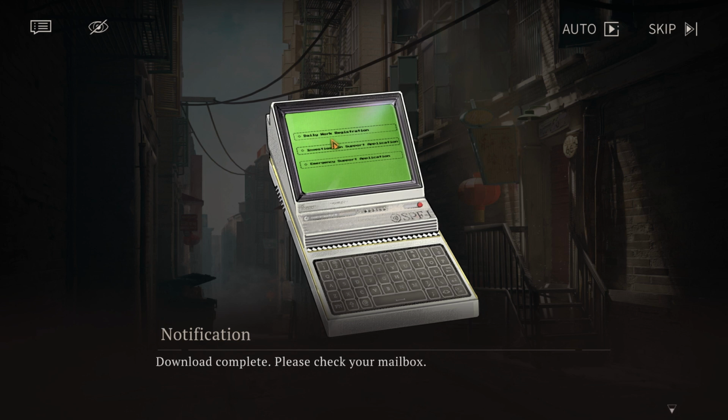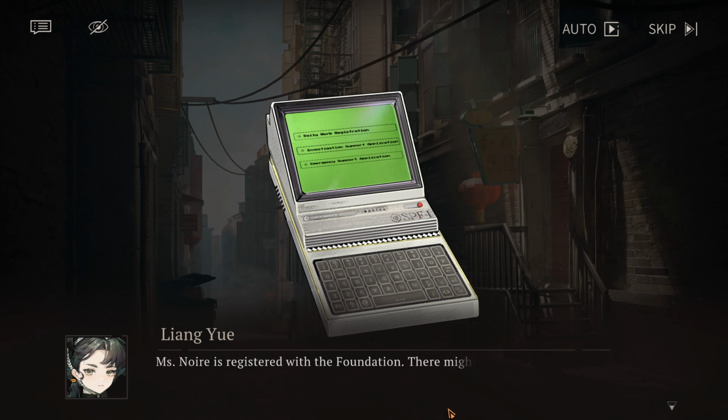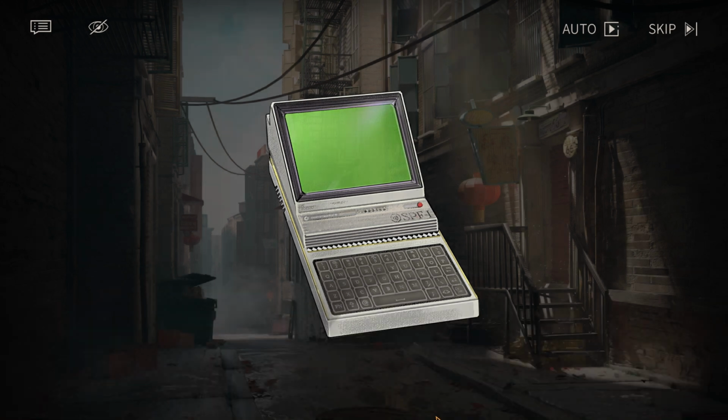Okay, so I see daily work and registration, investigation support application, and emergency support application. Message? What's it about? It's from the intelligence department. They've found her records. Miss Noah is registered with the Foundation. There might be something in her files that can provide us some clues. She opens the pinned email and scans through the attached files. Her expression turns serious. Wait, is this...